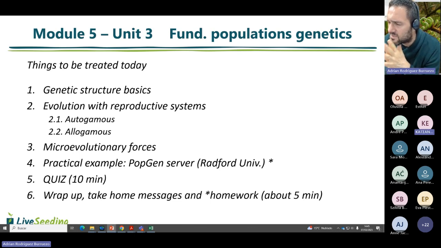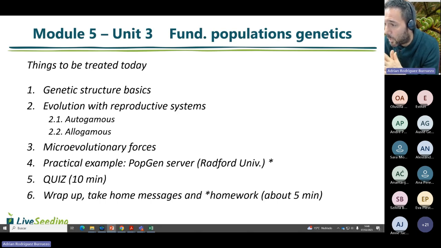Well, in third place, we will have a fast review of microevolutionary forces. And later, I will provide you a practical example. I will practice with you with the PopGen server from Radford University. I will show you how this server works to simulate cases of population genetics and the evolution of the genetic structure of populations, depending on different evolutionary forces. This will take about 20-30 minutes